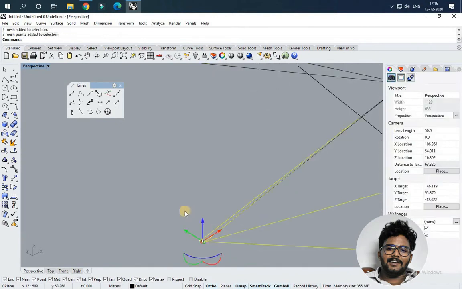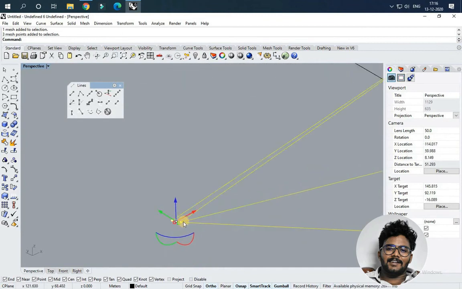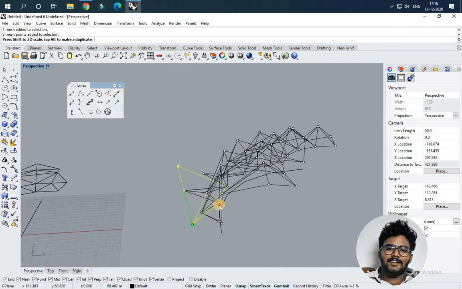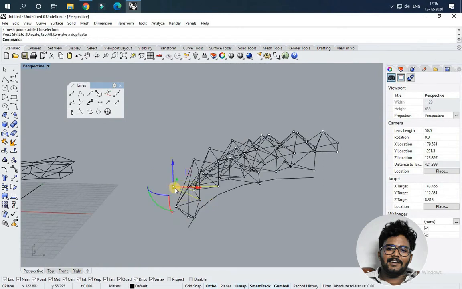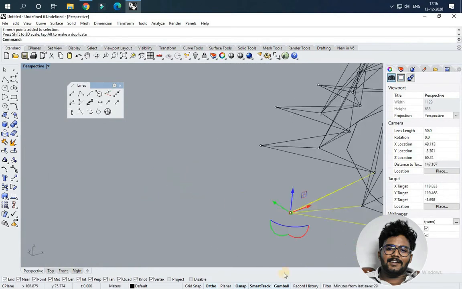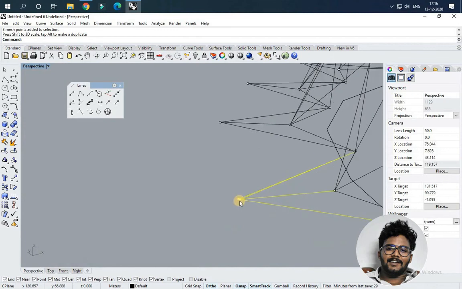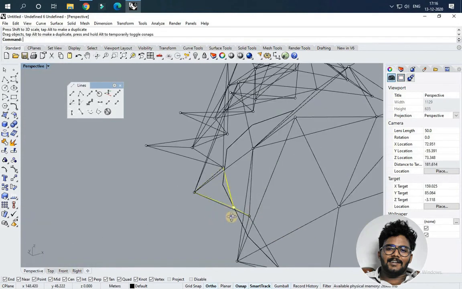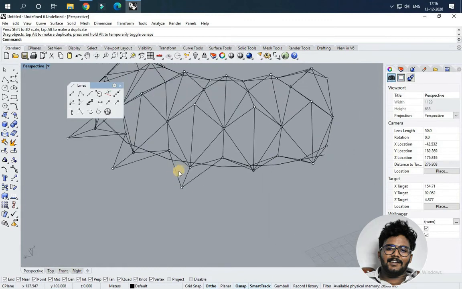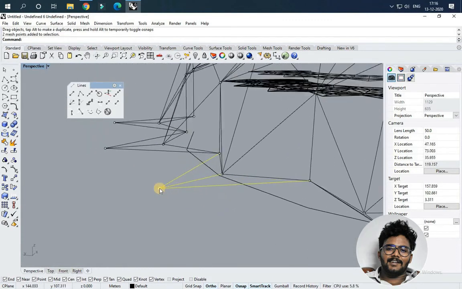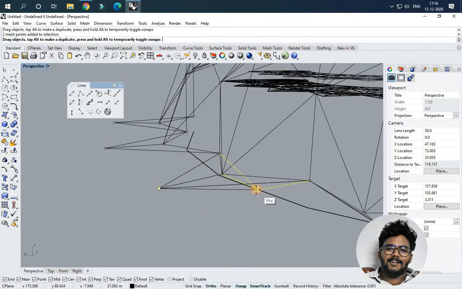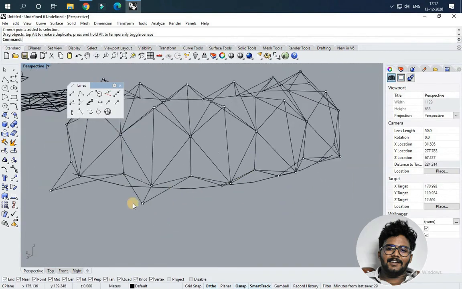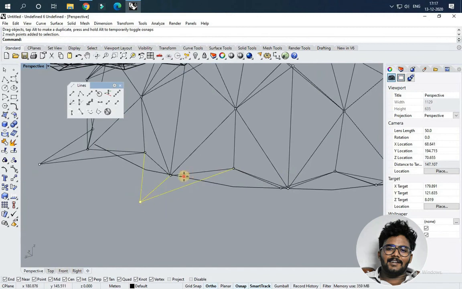I'm just selecting this and placing it at the mid. Perpendicular.